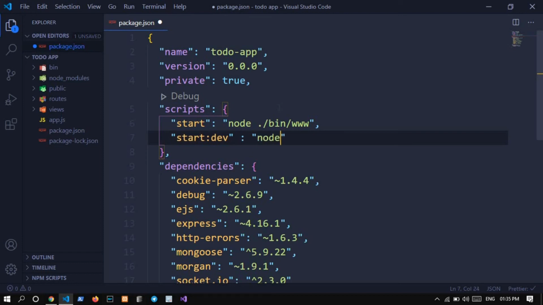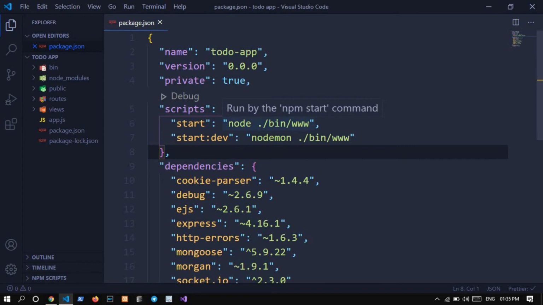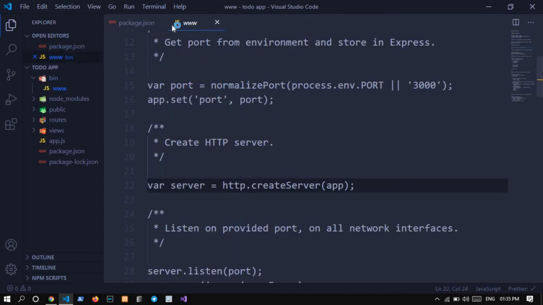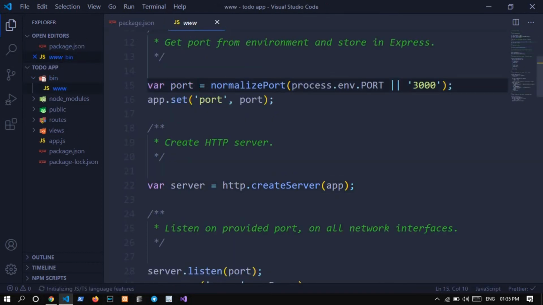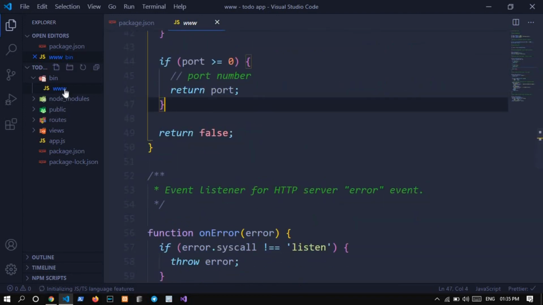You can write anything, like nodemon ./bin/www. Note that this file is not .js or anything. It's just plain text, but because of my Visual Studio Code I am getting this JS icon. You can see that there is no JS in the file name.